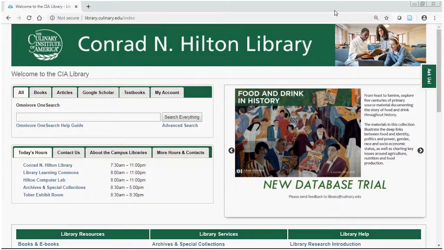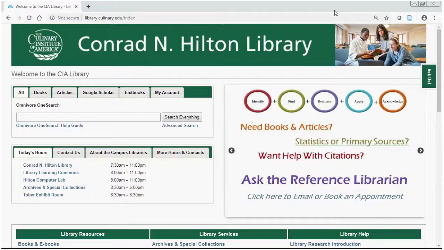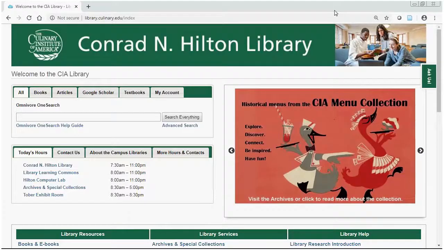We are going to review how to find books in the library, how to evaluate them, determine if they are scholarly or not, and how to get citations for books. Let's get started. We're on the library homepage,